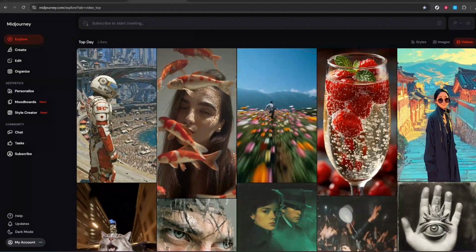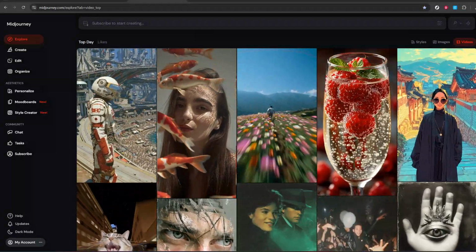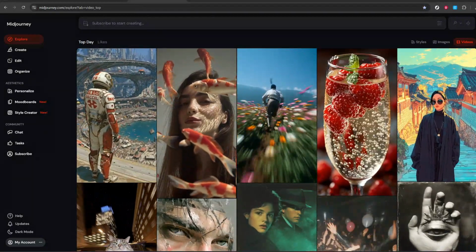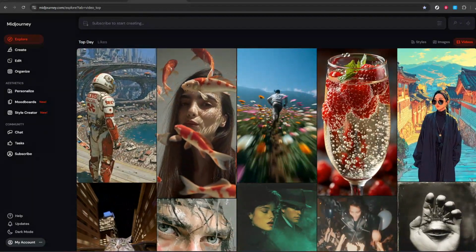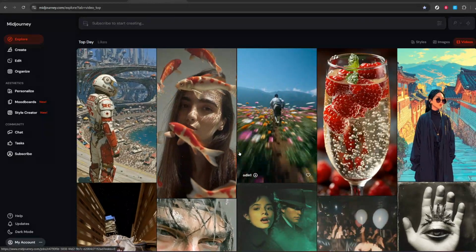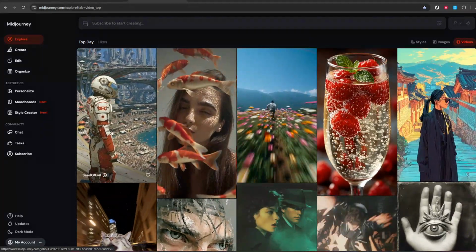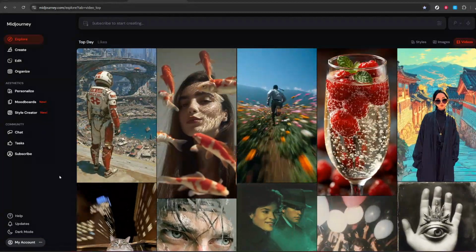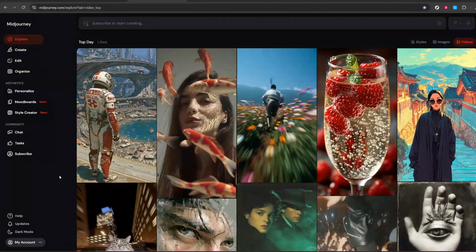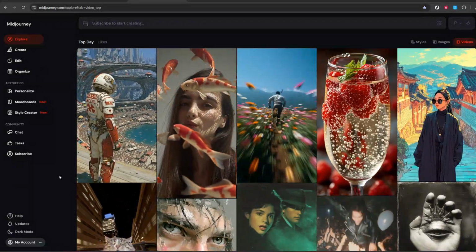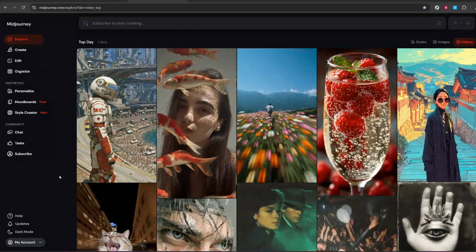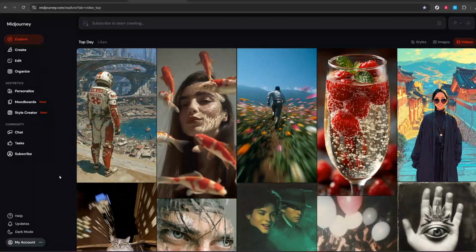First, log into Midjourney. Head to the official Midjourney website and sign in using the same account that holds your subscription. If you're prompted to continue with your chat account, follow the on-screen instructions and make sure you're using the correct credentials. A quick tip here, if you manage multiple accounts, double check you're logged into the one that actually pays for the plan you want to manage. Also verify you're on a secure connection and that your browser isn't blocking any pop-ups that might be used during